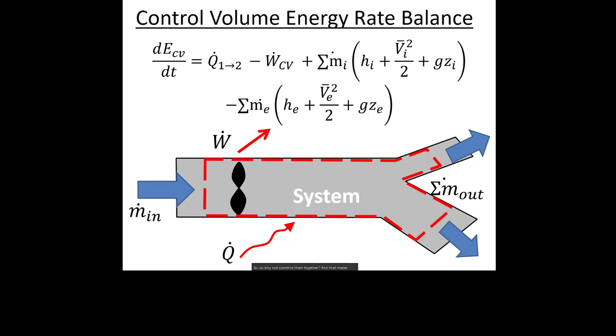So if you look at the equation sheet that I have posted on my courses, this is the open version of the first law of thermodynamics. And this is really what I think we should start any open first law problem with: we should write down this version of the equation. I know it's going to take a little bit of time, but for each system, we're going to make different assumptions and we're going to cancel out a bunch of these terms.